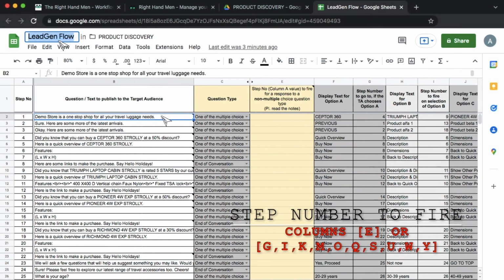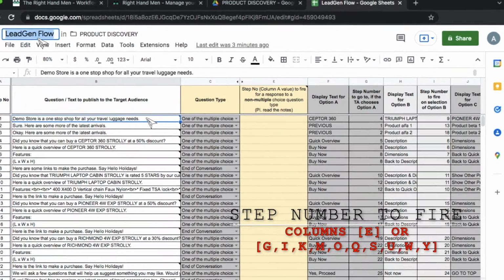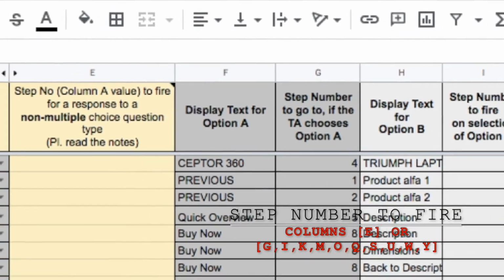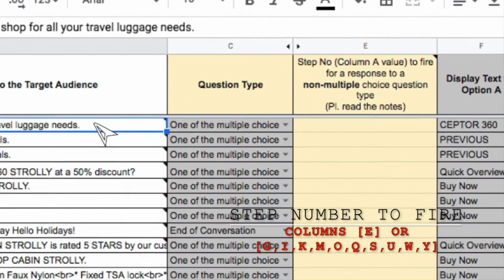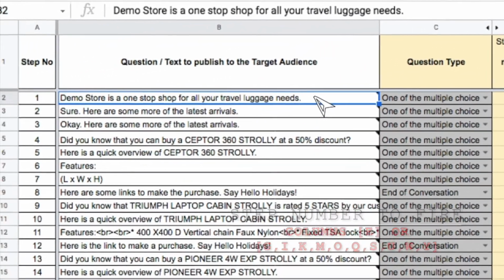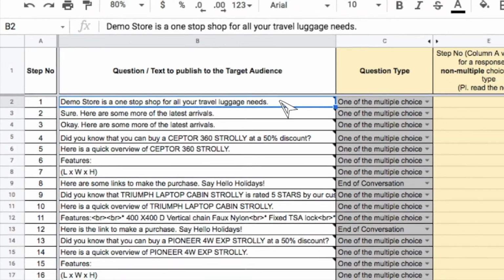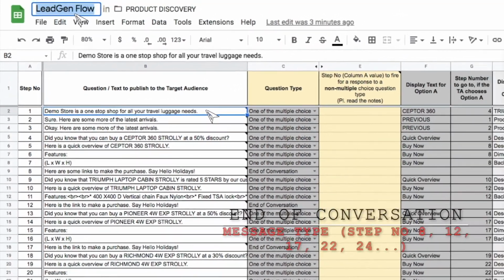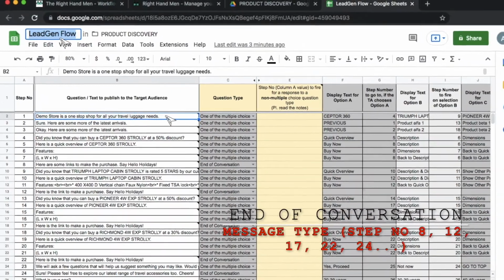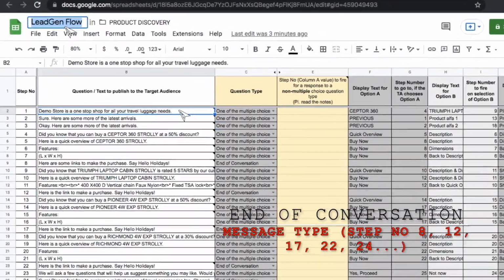For example, the first question will go like, Demo Store is a one-stop shop. If your audience selects option A, which is Scepter 360, the next question posed to them will correspond to step 4, as entered in column G. Column A has the step numbers. The question for step 4 is, did you know that you can buy a Scepter 360 trolley at a 50% discount? You can end the conversation by letting it flow to a question that is marked as end of conversation